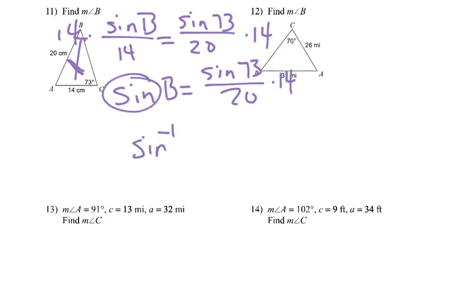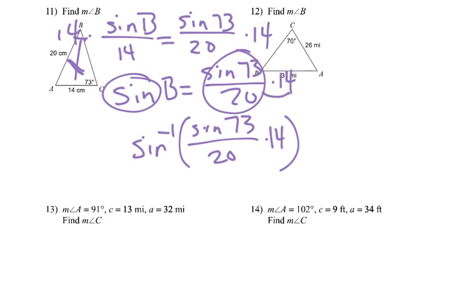So I do the inverse of this whole fraction, and it's really easier if you're able to just do it this way. You could separately divide those and multiply, then find the inverse, and if you have a calculator that works that way, that may be what you have to do. But if not, and if you're in class using one, it's easiest to do this, because then I just get the inverse sine, make the fraction, type in the regular sine of 73 degrees over 20, all of that times by 14, all of it in the parentheses,